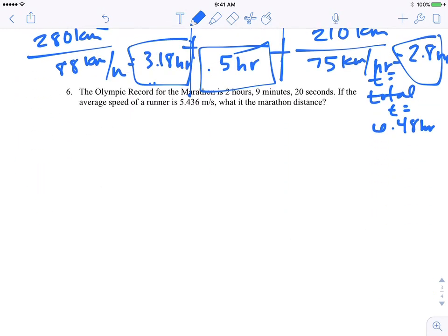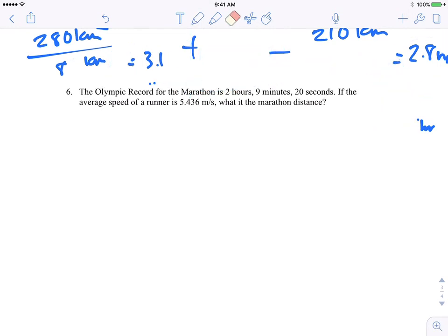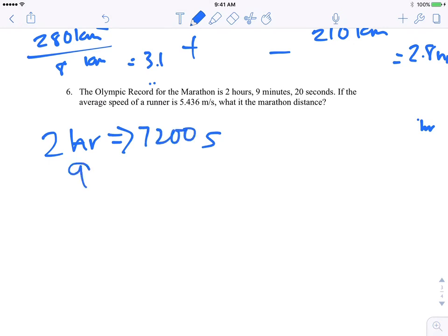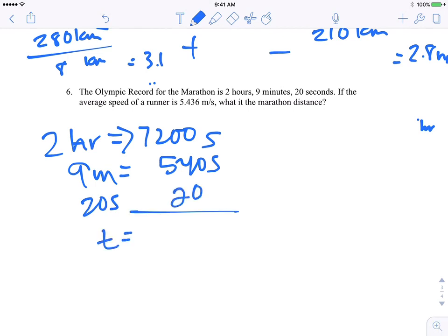All right, I have like 1 minute to explain this, you guys. Let's see if I can do it. Okay, so what you're going to do here is you're going to convert hours into seconds. This ends up being 7,200 seconds. And then 9 minutes into seconds, which ends up coming out to be 540 seconds. And then you have 20 seconds. So you're going to add all of this together, and you end up with a total time of